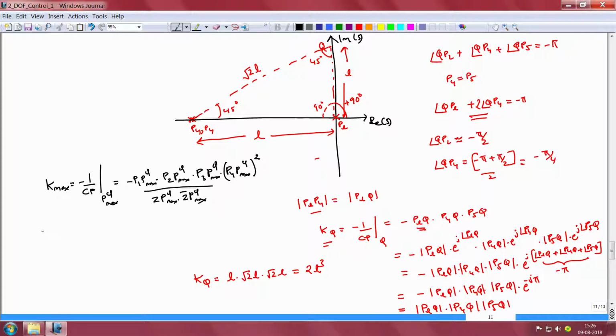So we can write therefore K max as minus of the magnitude of P1 PCL